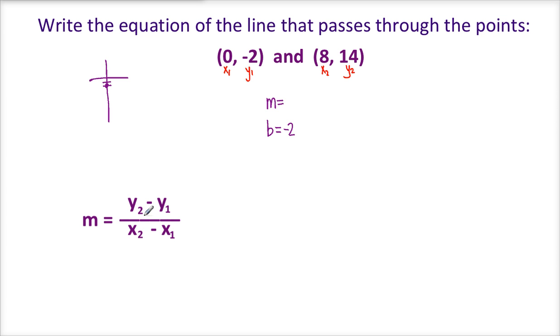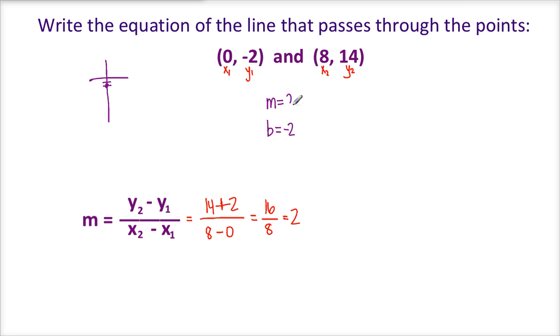Now I just need to plug in these numbers to their correct place in the slope formula. So y2 minus y1, 14 minus -2. Then on the bottom, x2 minus x1, 8 minus 0. Okay, let's do this math. 14 minus a -2 is the same thing as adding a positive. So 14 plus 2 is 16, and 8 minus 0 is 8. But 16 divided by 8 is just 2. Therefore, the slope of this line